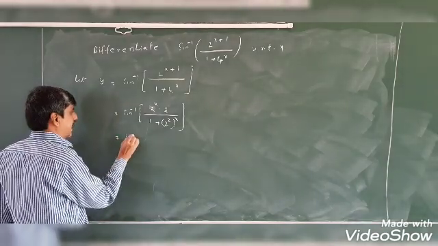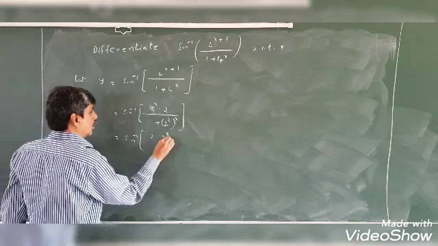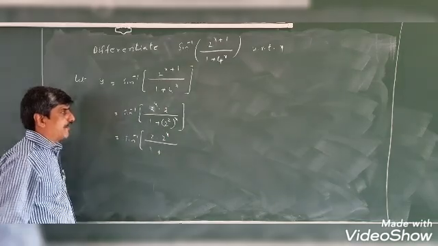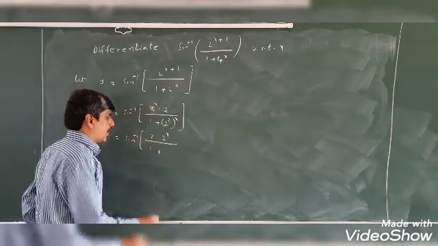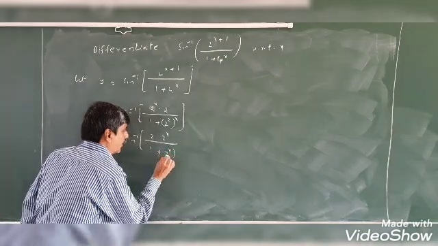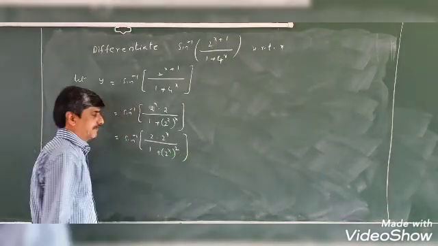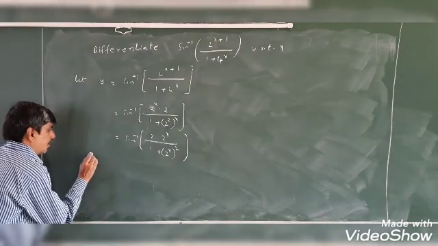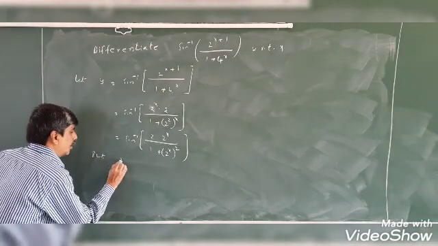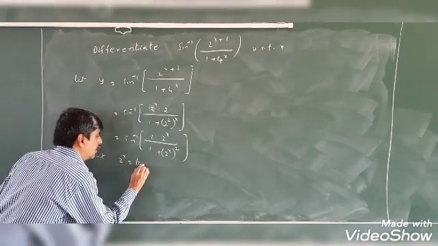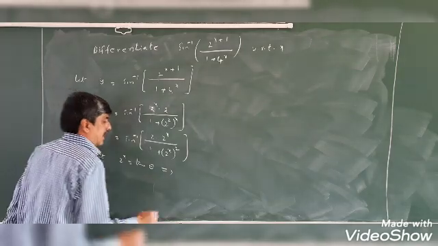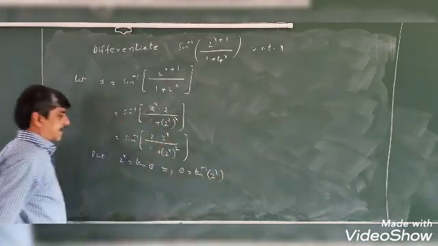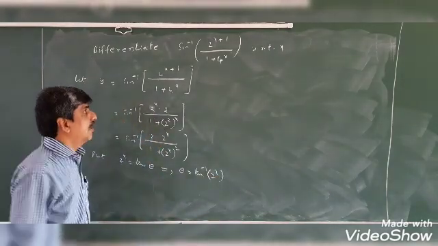So this is sin inverse of 2 into 2 power x by 1 plus a to the power of m whole to the power of n. A to the power of m whole to the power of n, I am writing as a to the power of n whole to the power of m. Now take substitution. Put 2 power x is equal to tan theta. Then theta is equal to tan inverse of 2 power x.